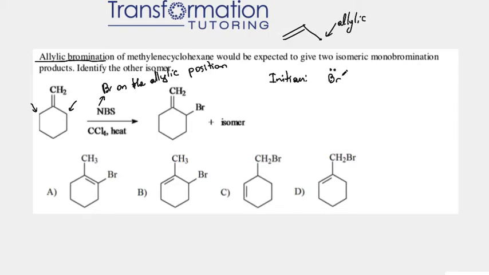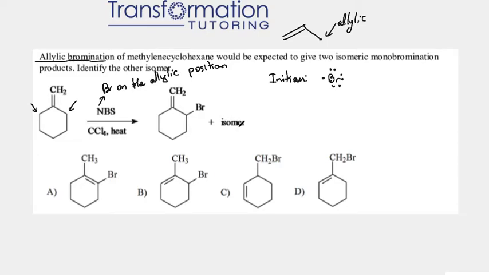I did not show the steps, but initiation using NBS will produce a bromine radical. And the most important steps for us are propagation steps, because they will allow us to figure out who this mysterious isomer is,